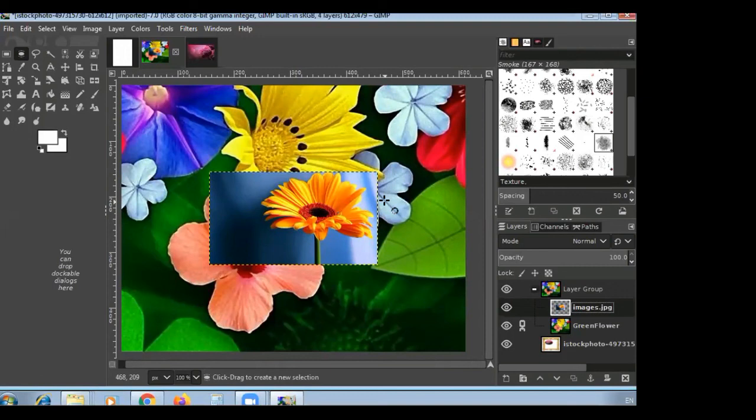So here, after adding the layers, we can do many tasks with the different layers. You can see that on the right hand side there are four parts of layers available in our software. So first of all, hiding a layer. Here we can hide the layers to temporarily keep elements in that layer from view. So first of all, select the layer like this, and then I am selecting the green flower layer. Then after, click on the eye icon. See, the eye icons will be here.